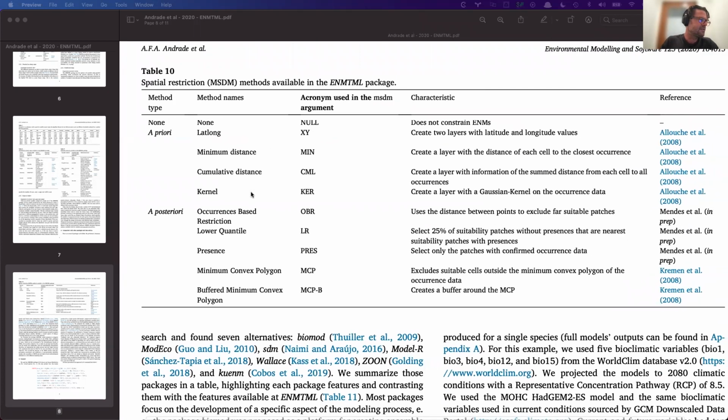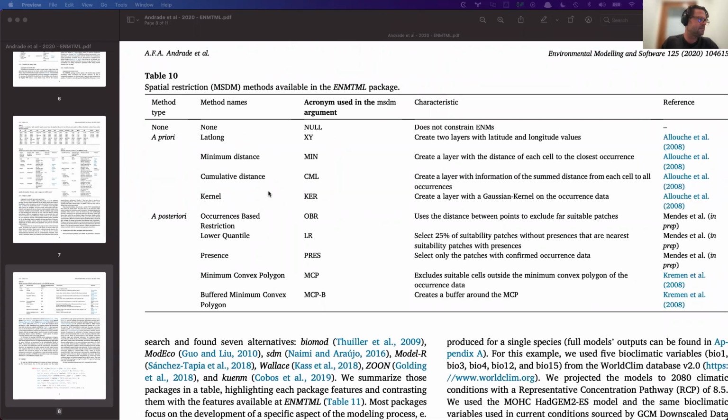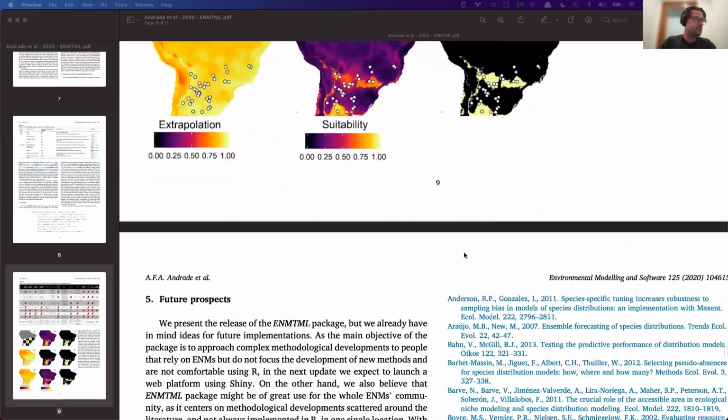These describe different ways where you can, let's see, there might be